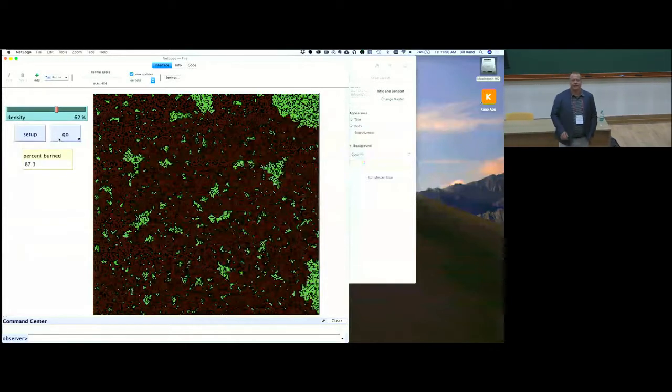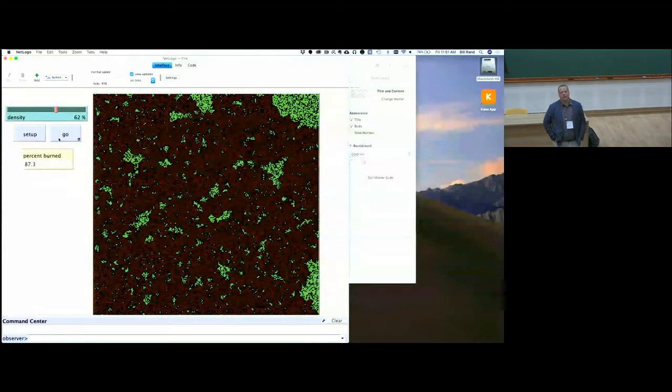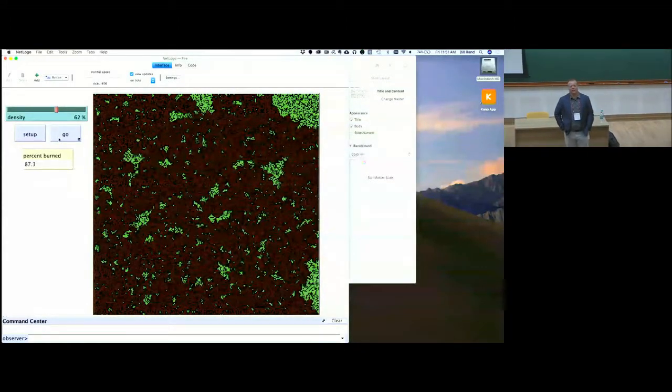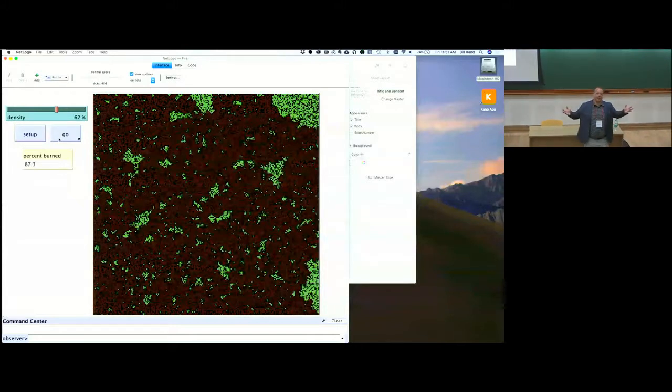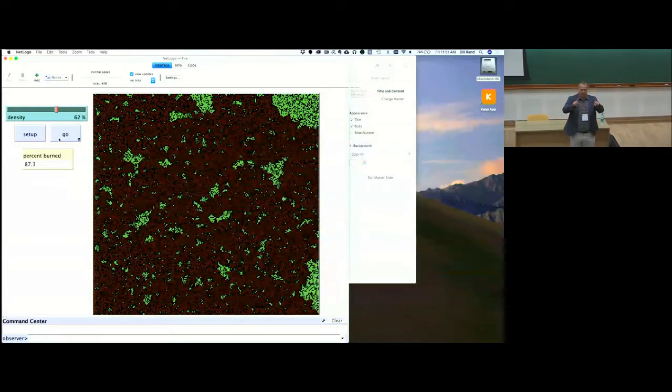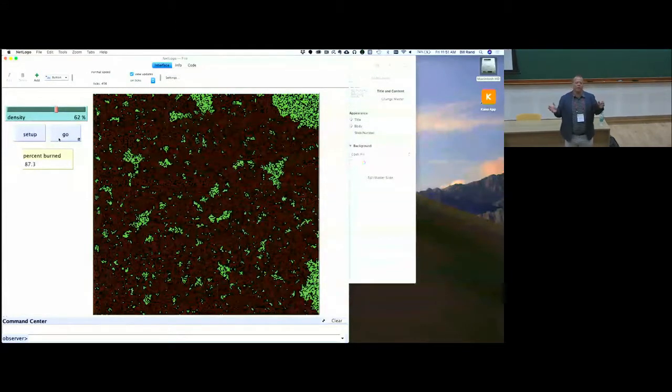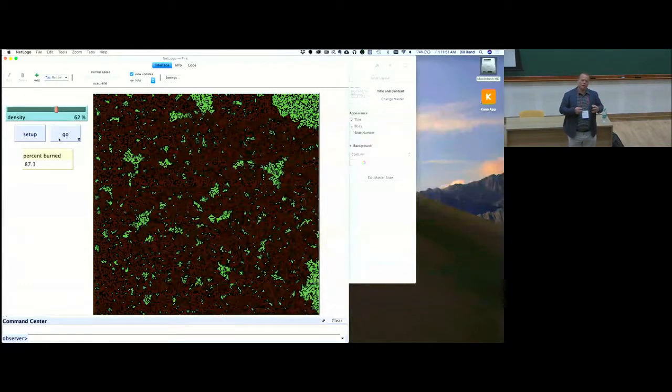Yep. So you're absolutely correct, right? This is an idealized simulation, right? This is a model, remember? And models will background certain elements and foreground other elements. And right now, this model is really foregrounding the idea that depending upon the density of the forest, that has